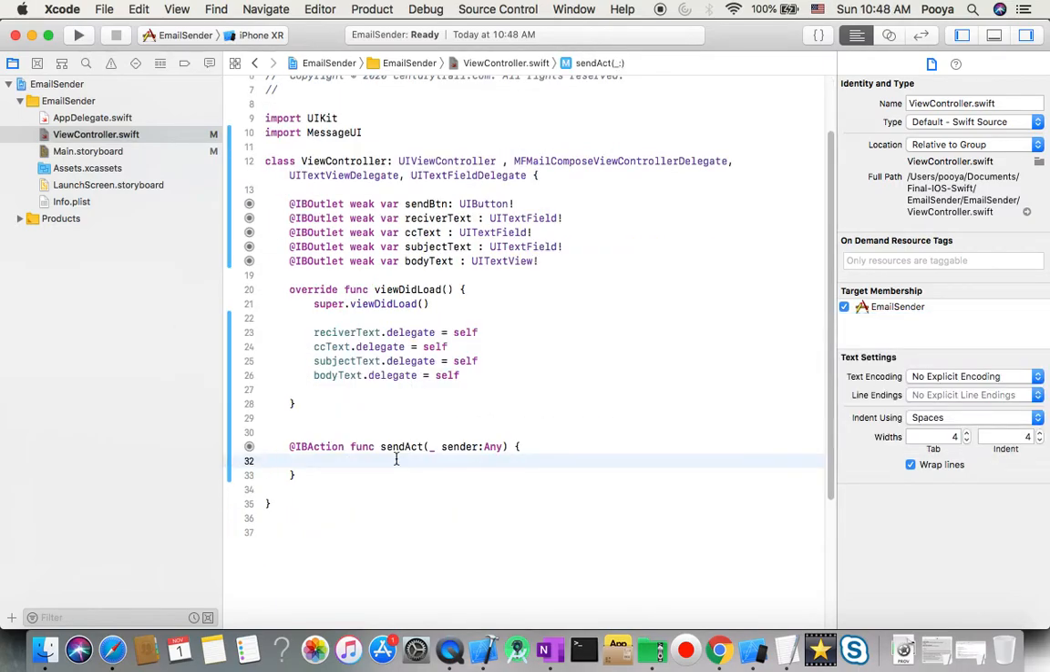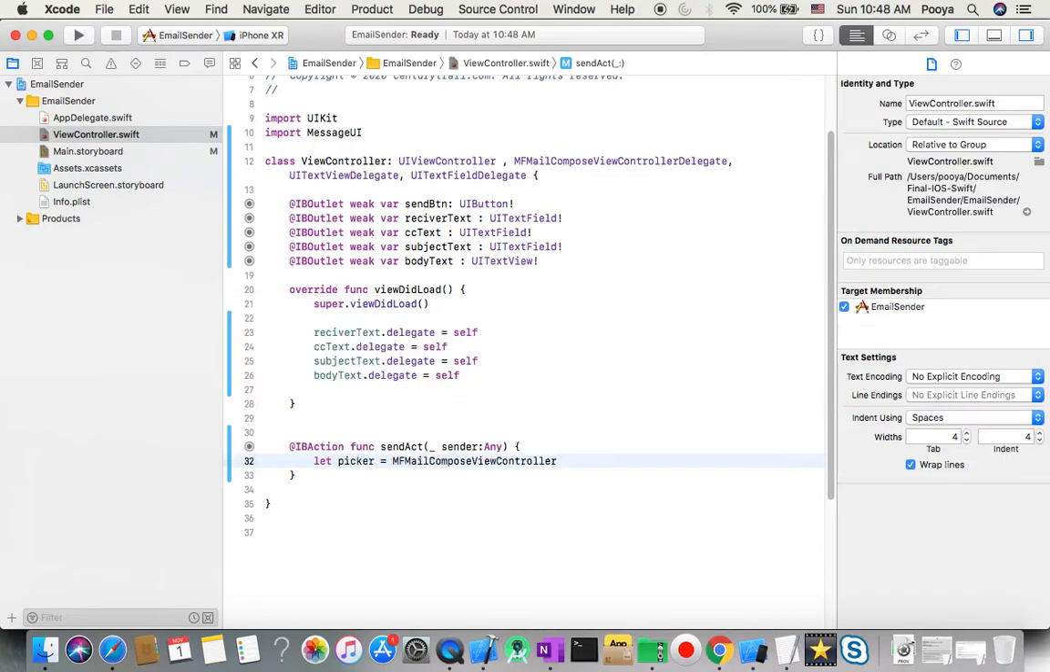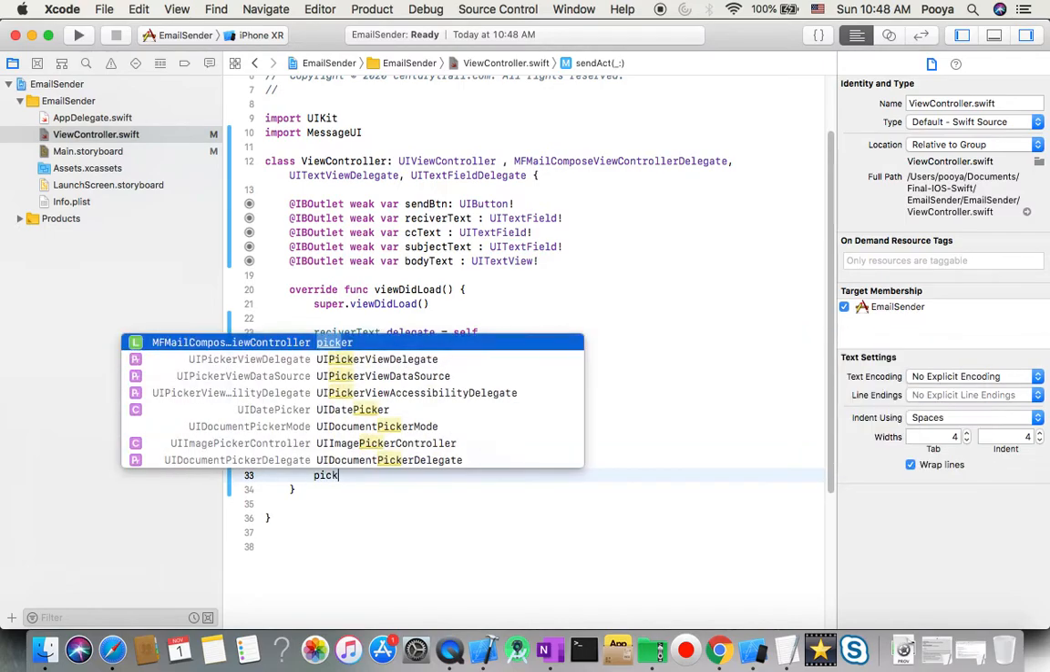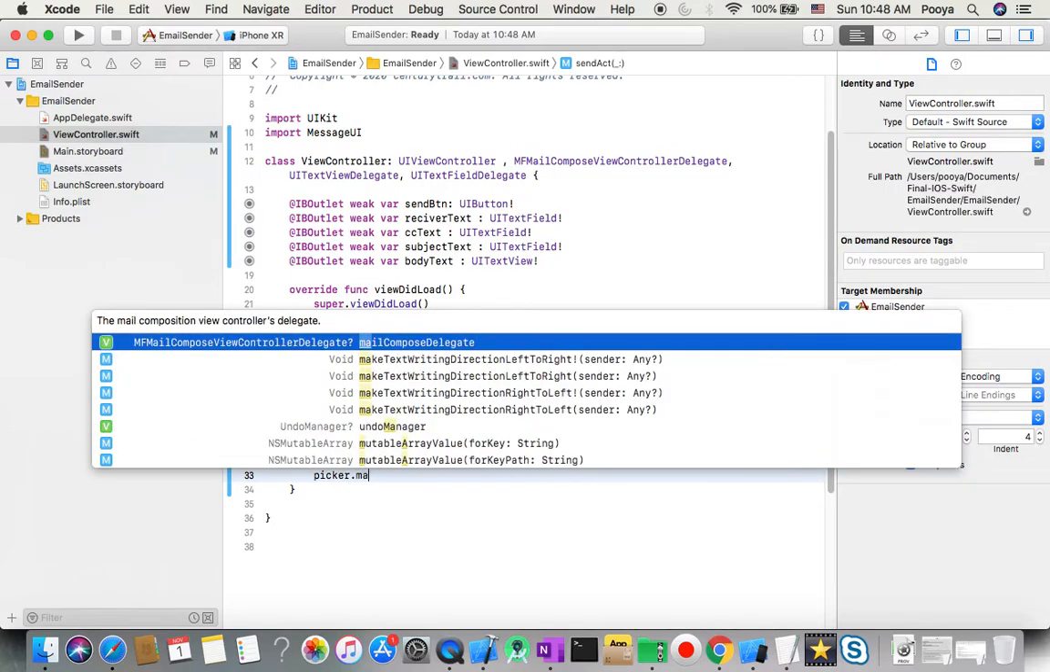So now we're going to write our IBAction. So here I create a picker equal MFMailComposeViewController, and I just say picker dot mail